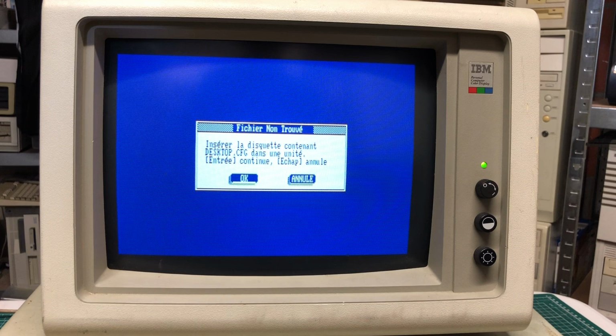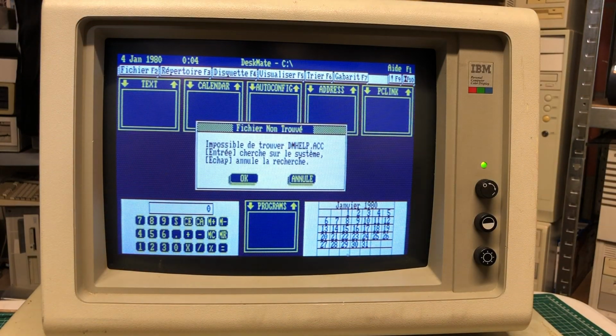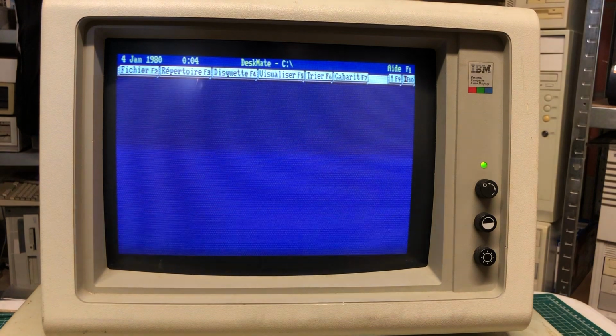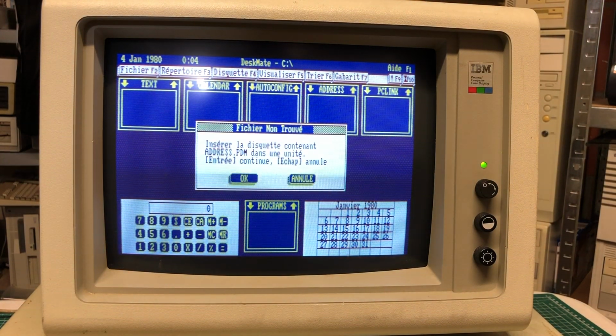Notice also that this is all in French because this was a computer which was purchased in Belgium, in the French-speaking part of the country, where obviously a French software package was loaded into the ROM of the PC. But here we have the DeskMate Windows environment,